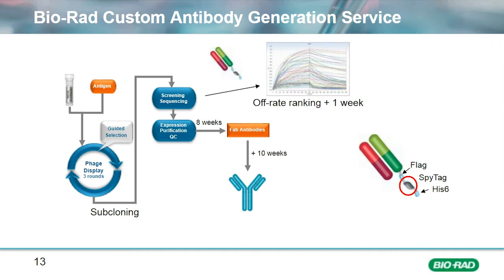And one of the reasons for this is that the monovalent Fabs are a good format for using in K-off ranking or any kind of affinity work, because with a monovalent format you get a nice clean signal when you're studying affinity. When you have bivalent formats or multivalent formats, you have an avidity effect. So avidity is a function of both the affinity of the binding site and the number of binding sites in that particular format of the molecule. So historically,